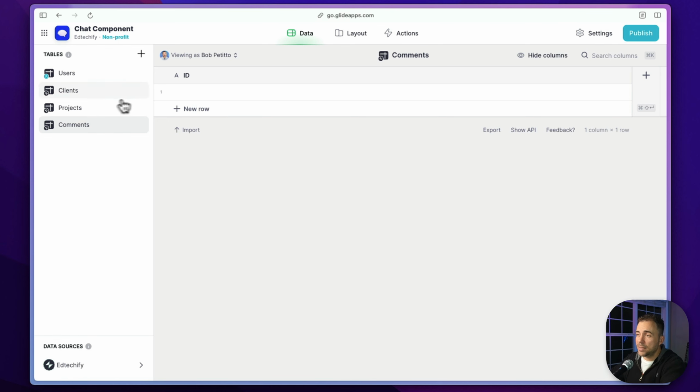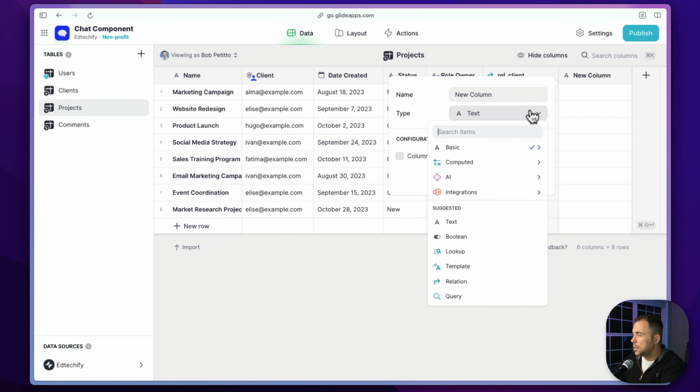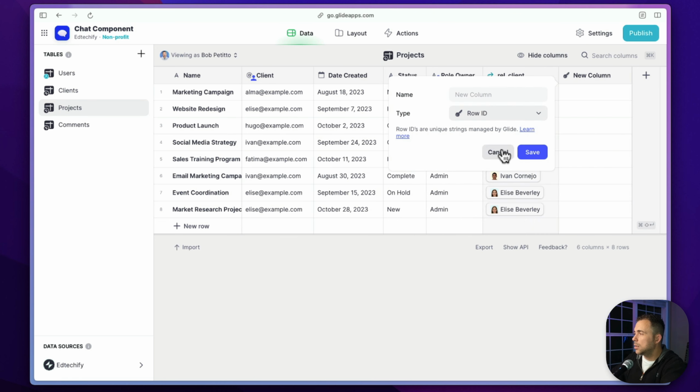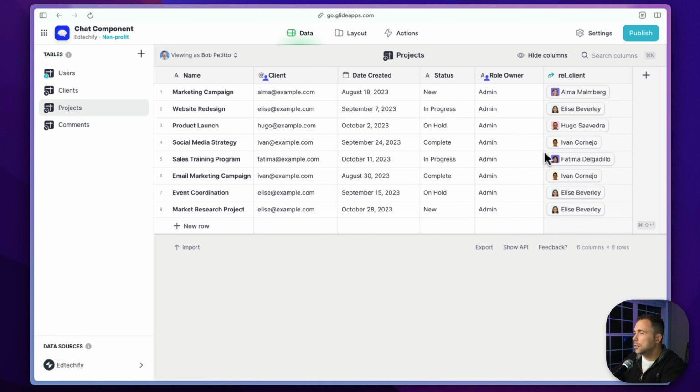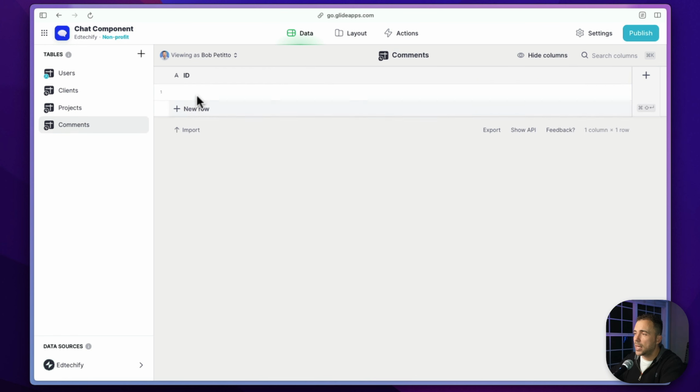That also means that in my projects table, I need a project ID. So let's go ahead and add in a row ID to this table. Type will be row ID and save. All right, so now whenever I add in a new message, I'm going to take this row ID for whatever project I am on and send it to my comments